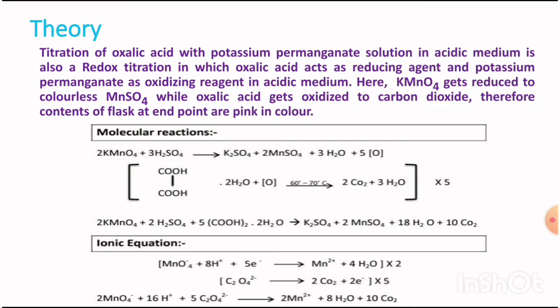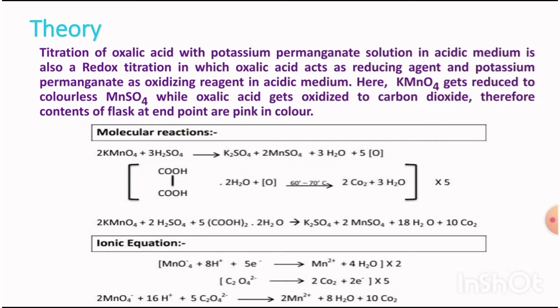Molecular reactions. Here, there is reaction of KMnO4 with sulfuric acid. It forms potassium sulfate, manganese sulfate, water and oxygen. Oxalic acid, which is hydrated, in presence of oxygen is converted into carbon dioxide and water. Overall reaction: KMnO4 reacts with sulfuric acid and hydrated oxalic acid to form potassium sulfate, manganese sulfate, water and